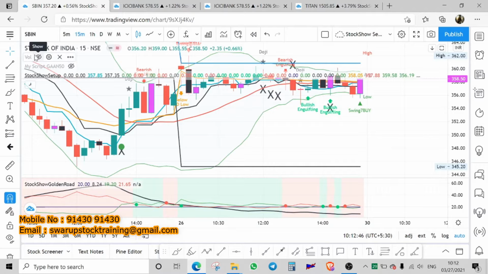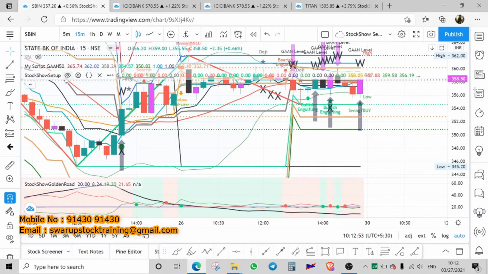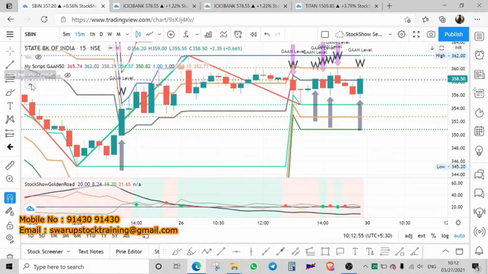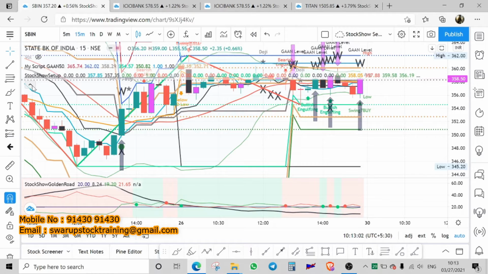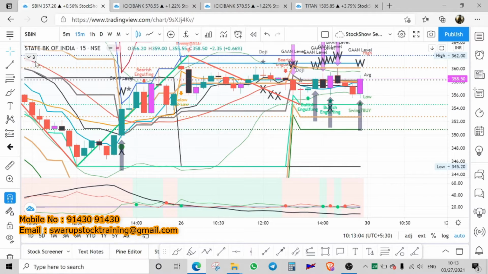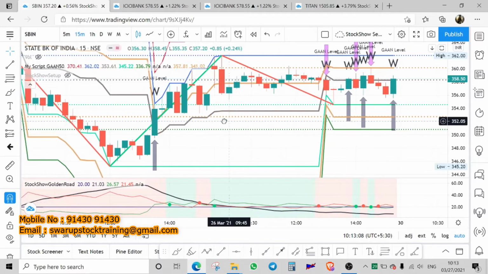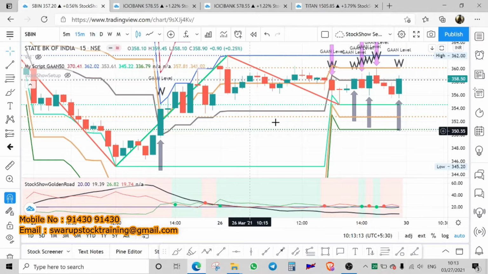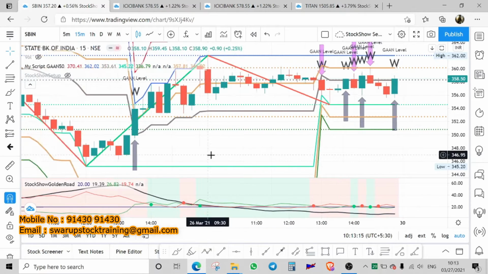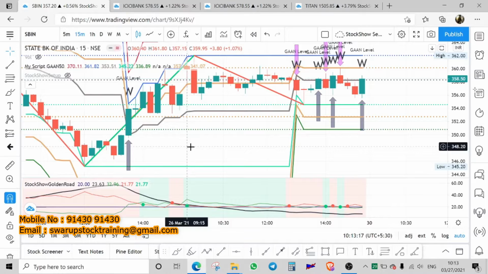We also have an indicator called Mr. Gann, WD Gann. Now I am switching off my Stock Show indicator here, but of course the Stock Show indicator is required. For the sake of reducing some lines, I will show you how we are using WD Gann, who is the boss of the universe. His code cracking and then understanding the code, we have developed this.